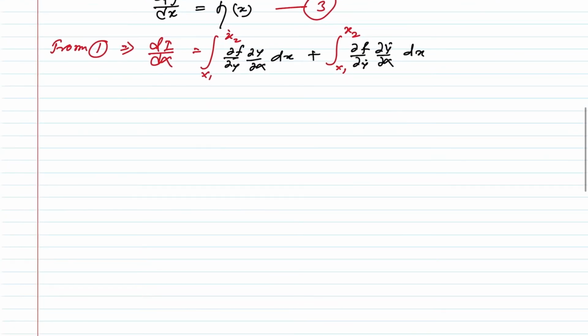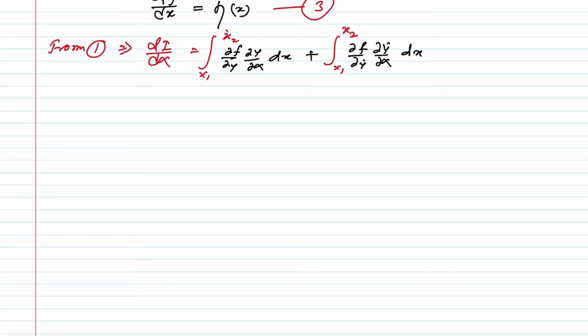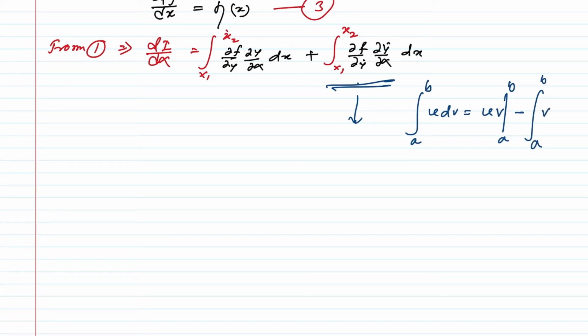Now you see the second part, the second term of this equation 1. Here we are going to use this rule, that is, integration from a to b of u dv is equal to u into v from a to b minus integration from a to b of v du. If you use this, then you will get